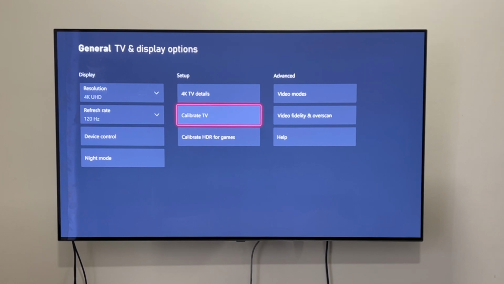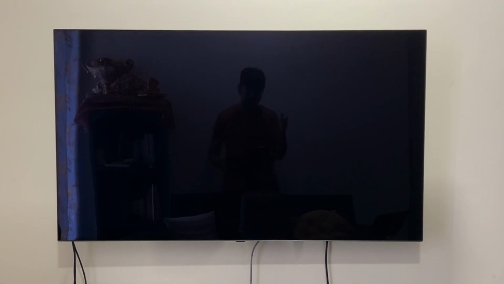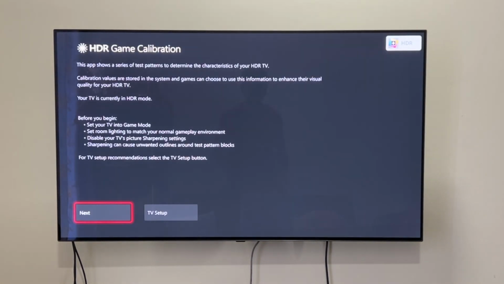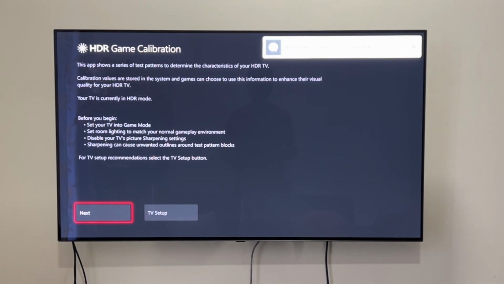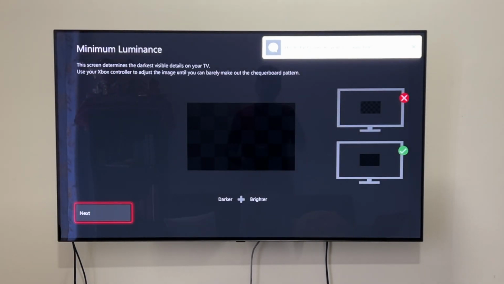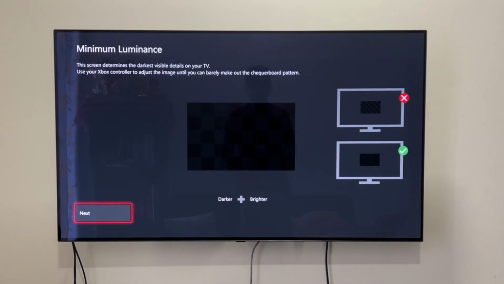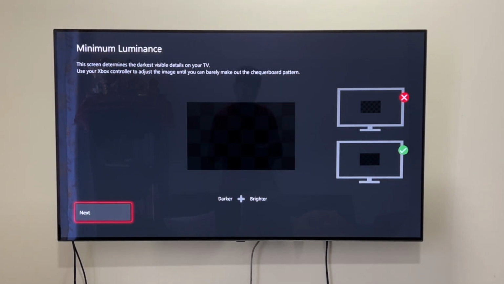And of course, for other settings to get the best experience from your TV, I have a video that you should definitely check out. Now, the calibration of HDR for the Xbox is also very cool. It is quite different from what you get on the PS5, and I've already done this, so I'm going to run through this. Basically what I do is, once again, like I said in my PlayStation video, whenever I'm gaming in the day or the night, it takes me 2 minutes to change these settings